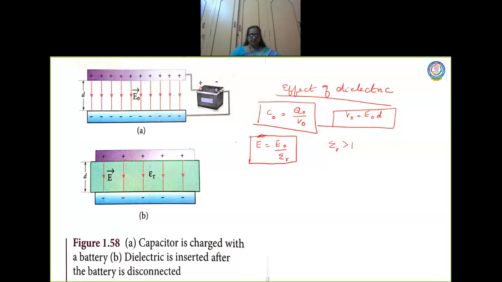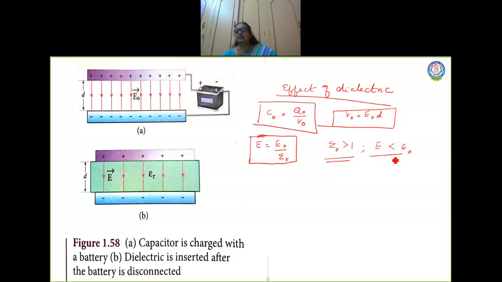So now look at this equation. If epsilon R is going to be greater than 1, what happens to the electric field here? Electric field E will be definitely lesser than E naught. Yes or no? That is why I said that when a dielectric is introduced, the electric field will be reduced. It is due to this reason, because the dielectric constant will be greater than 1, you can say very well that E will be less than E naught. Here the denominator will be greater than 1, so the numerator will have a lesser value, so definitely E will also have a lesser value. Are you able to understand this concept? This is a very important concept.